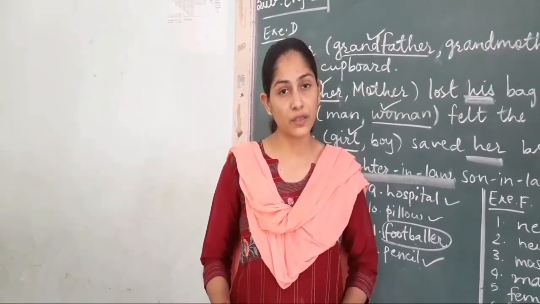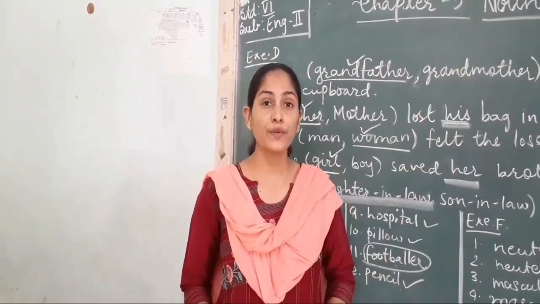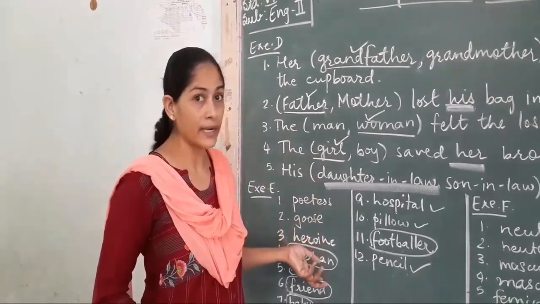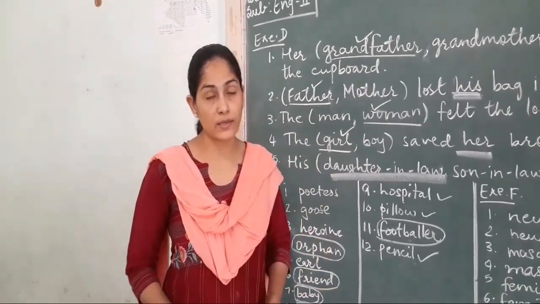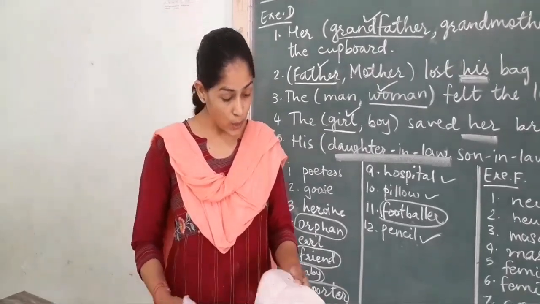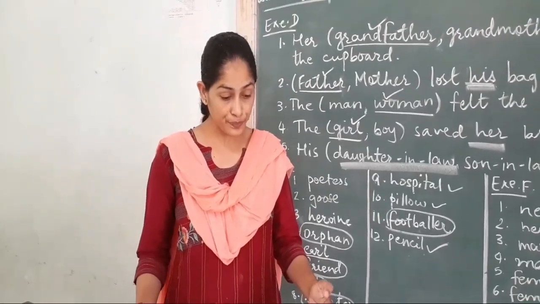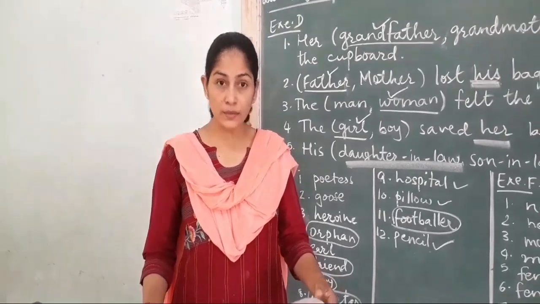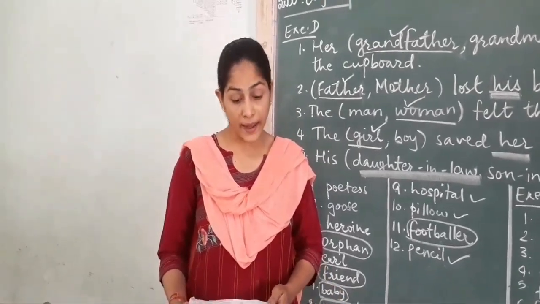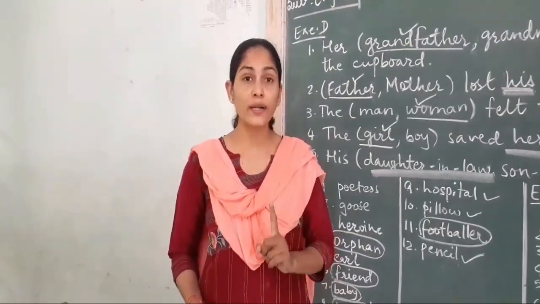So here we complete our third chapter, that is nouns, gender. In this video we learnt about common gender, neuter gender, and we learnt the sentences also along with the exercise. All the exercises you have to do in your CW as I have written on the board, and do write the tables which are given on page number 16. On page number 16 we have 5 tables, and on page number 17 we have 2 tables regarding masculine gender and feminine gender. So this you have to write one time and learn it thoroughly.